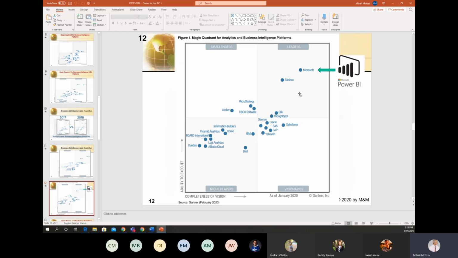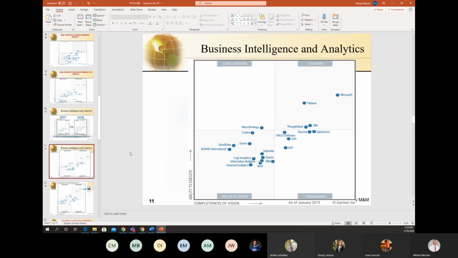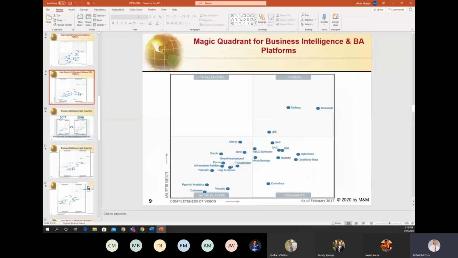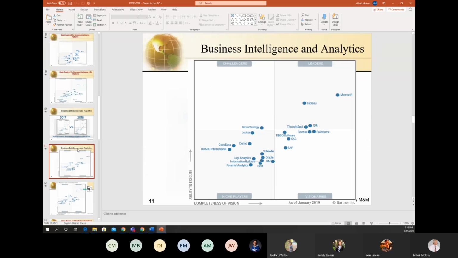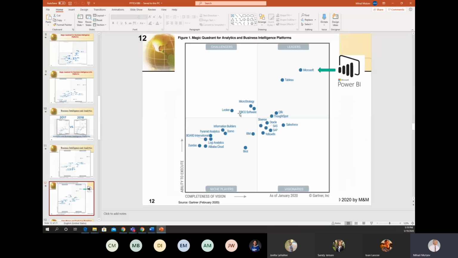Microsoft and Tableau move even more, and as we can see, this competition between Microsoft and Tableau continues, but now Microsoft looks to be the leading platform, and this is especially Microsoft Power BI, which we introduce and briefly